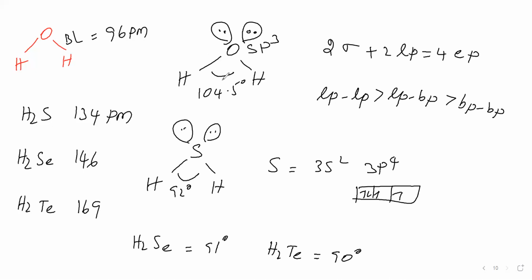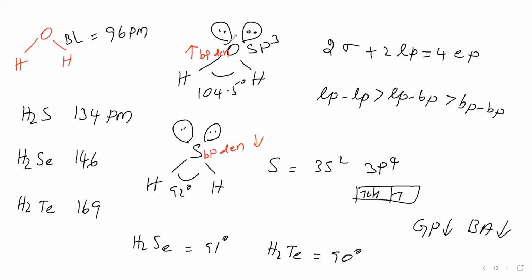Next we will see the bond angle trend. Down the group, what happens to the bond angle? Down the group, bond angle decreases. Why is it so? That we'll see. Oxygen is more electronegative than sulfur. Therefore, this bond pair is closer to oxygen. This bond pair is not as close to sulfur. So, bond pair density near the sulfur is less. Bond pair density near the oxygen is high. Therefore, here bond pair repulsion is more. Here bond pair repulsion is less. Therefore, bond pairs come much closer, and the bond angle is less when compared to this.